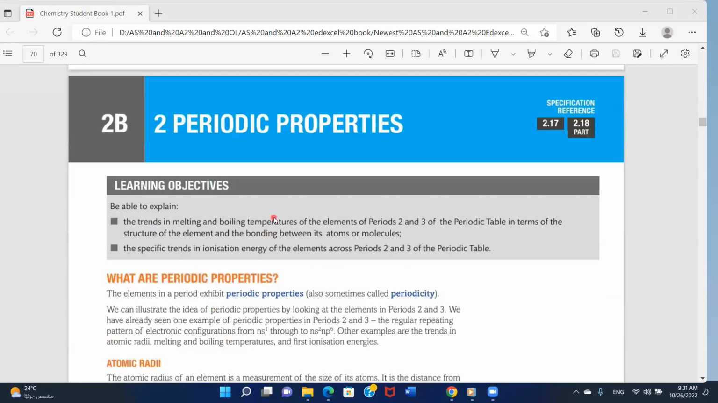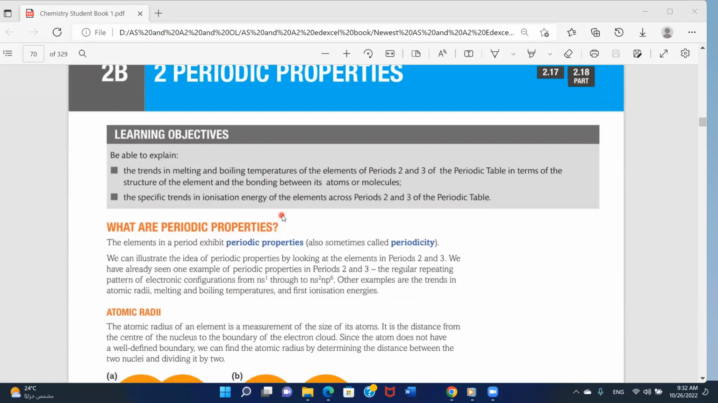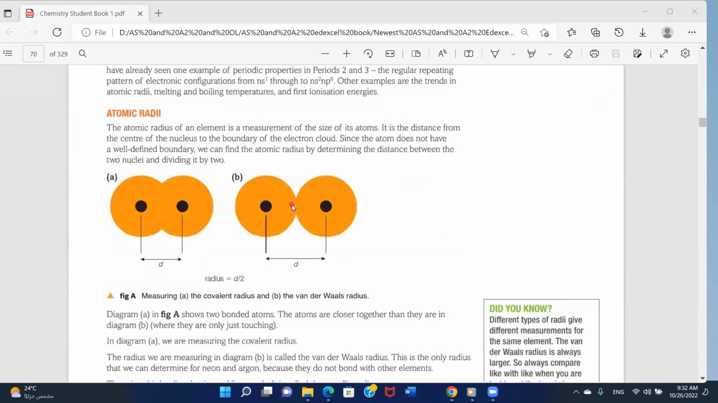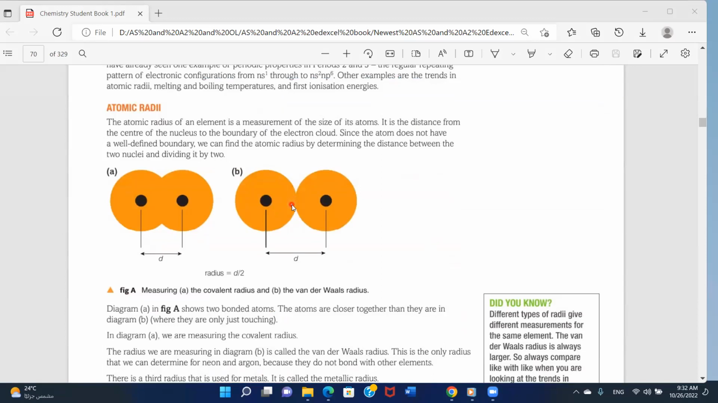Now, when we come to the periodic properties, the periodic properties mean: when we go across a period or when we go down a group, what happens to the physical properties of these elements? When we look, for example, at the first